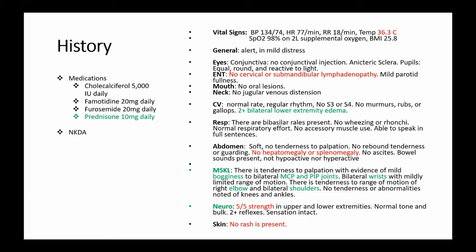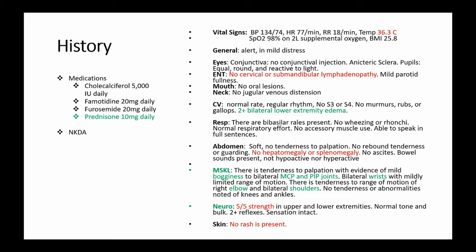Her abdominal exam, pretty unremarkable. No hepatomegaly, no splenomegaly. So maybe less likely has portal hypertension with splenomegaly and cirrhosis. Maybe less likely an atypical infection, a tick-borne infection or something like EBV that could cause splenomegaly. Maybe less likely a malignancy like a lymphoma or leukemia, again, doesn't rule it out.